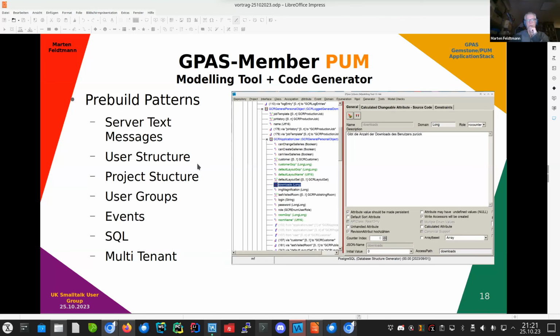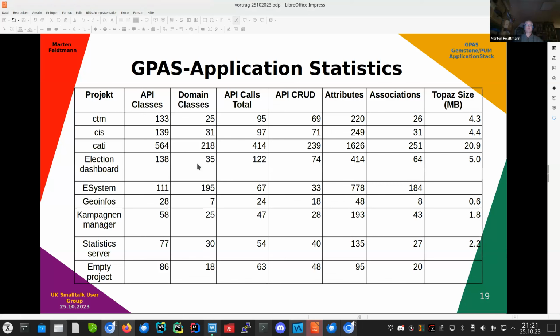So these are some statistics for the projects I have now done with GPAS. As I said, the largest one is the CARTI, which has 280 domain classes and more than 500 API classes. And it's very data driven, as you can see here, 239 API calls based on CRUD structures from the total of 14 API calls. And if I create source code, for example, for the CARTI system, I produce around 20 megabytes of Topaz